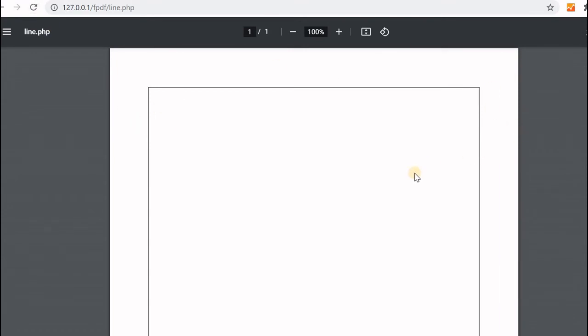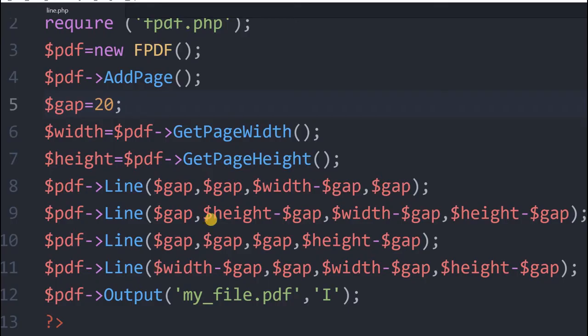Now by increasing and decreasing this, I can make multiple boxes inside this. If I keep this code inside a loop, then I can draw multiple, and I will just keep on varying the gap value with a jump. So that will give me the pattern. That's what we will do now. I will just add a for loop here.